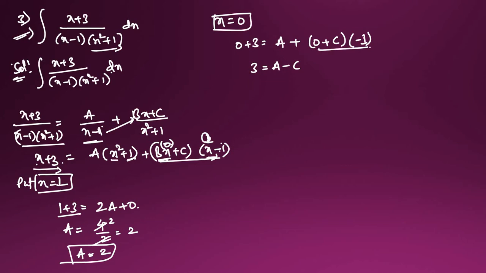Now a minus c we got, so a is equal to, already we know 2, so I will substitute in this: 3 is equal to 2 minus c, and c is equal to, this goes here and it will become 3 minus 2 is equal to 1, so minus c, so minus 1 will come. So c is equal to how much we got? Minus 1. And after that we have to find the b value also.